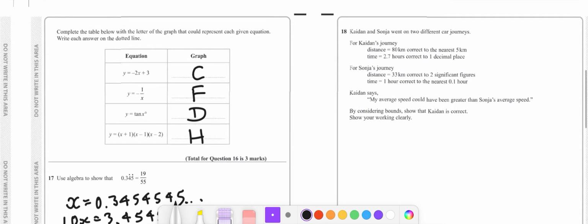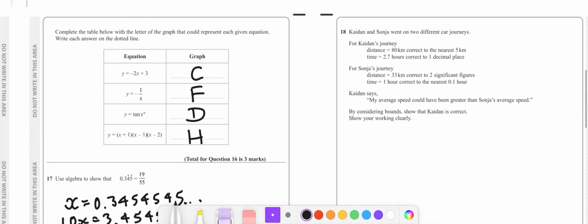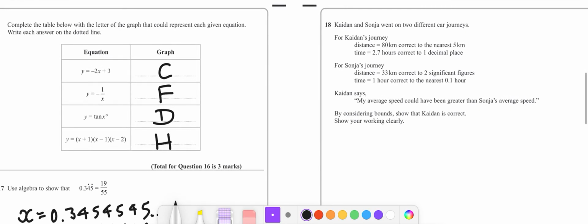Okay, Kaiden and Sonia went on 2 different car journeys. Kaiden's journey was distance 80 kilometres, correct to the nearest 5 kilometres, 2.7 hours, correct to 1 decimal place. Kaiden says, my average speed could have been greater than Sonia's average speed. By considering bounds, show that Kaiden is correct. So, the greatest Kaiden could have been,